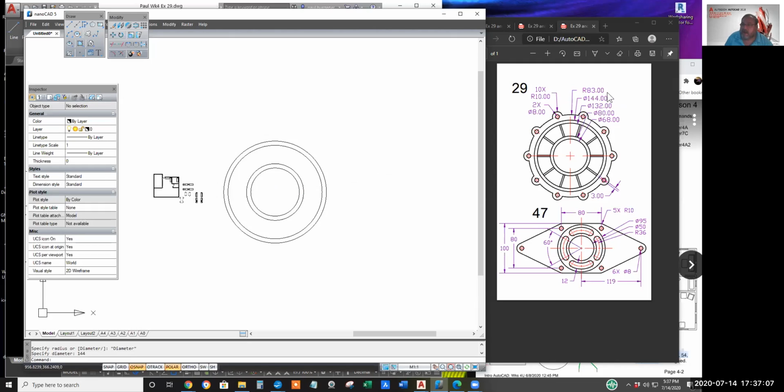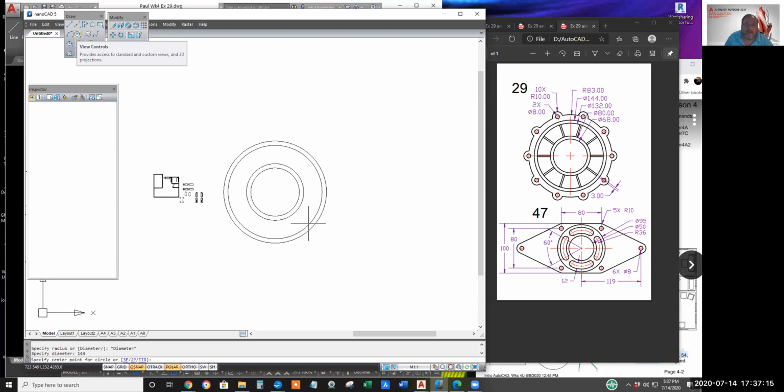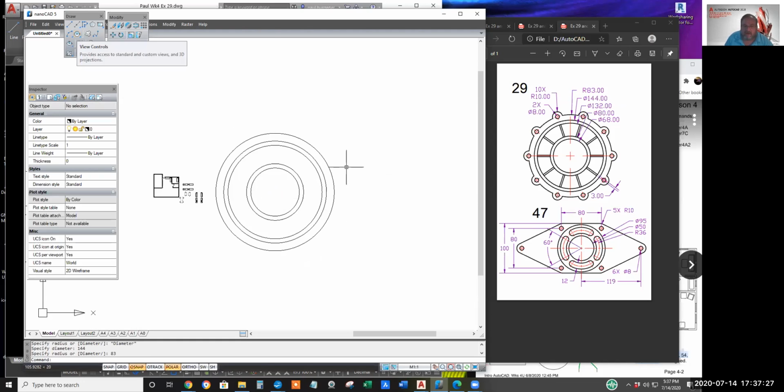Now, only the biggest one is by radius. So I'll launch the circle icon or hit enter. O snap in the center, and by default it's set for radius, so I won't right click and pick diameter. Type 83 and hit enter.